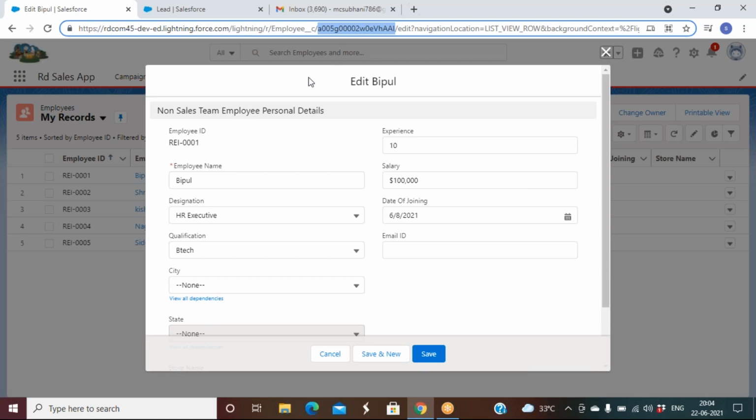Will you be teaching this later? Then I can do it later. Let me finish. A record ID is an 18-character alphanumeric value. So while updating, if you want to update a record, we can update the record with the ID. We need to give an ID, the record ID.